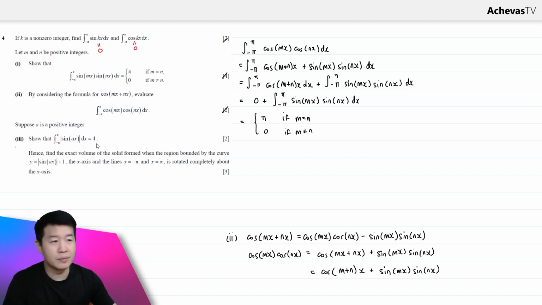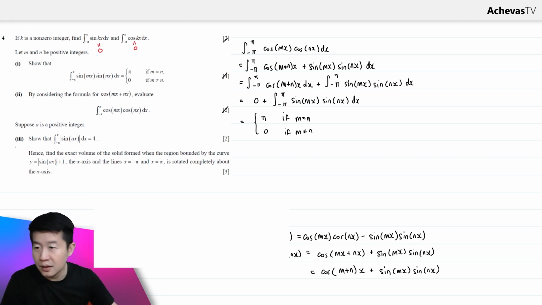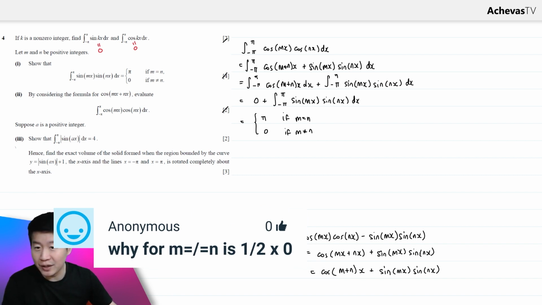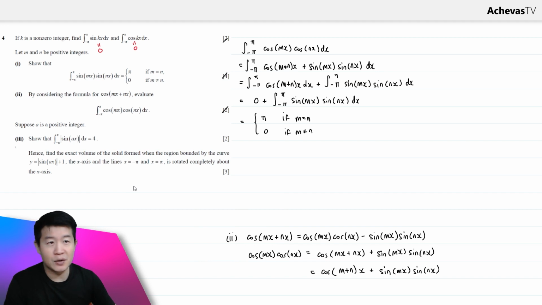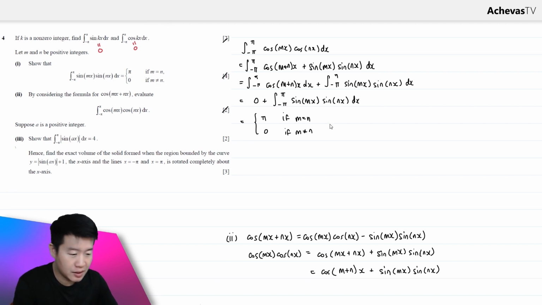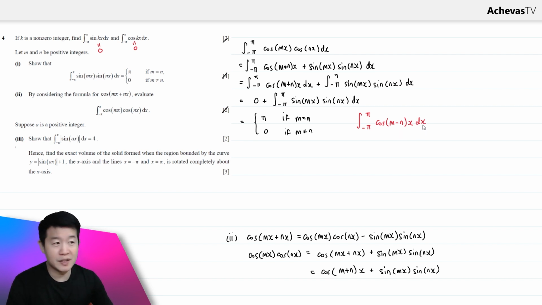m not equal to n is 0. Okay, why is this 0, right? Why is the answer 0 when you have this? It's based on the first part. Like for example, just now we had this, right? Let me see. Just now we were looking at this, and we were trying to explain why this to this. Cosine of (m minus n)x. We were trying to look at this and asking ourselves why would this be equal to 0 if m is not equal to n. If m is not equal to n, that means m minus n is going to be